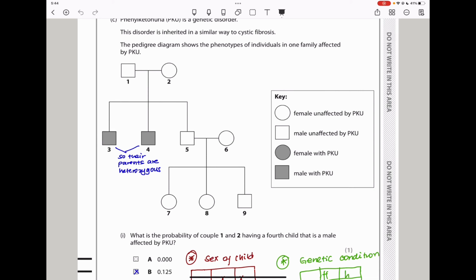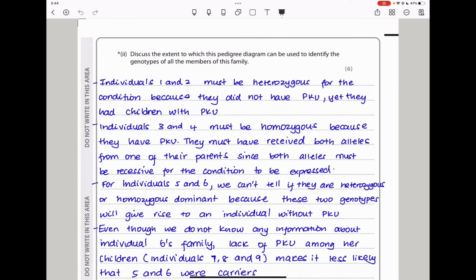For this one here, we only guess, yes, maybe they don't have it, but because their family history has that condition, there is a chance that these children are heterozygous, or there is a chance that these children are actually homozygous. So we cannot conclusively tell the full genetic detail of individual 5, individual 6, individual 7, individual 8, and individual 9, but we know 1 and 2, and we know 3 and 4. So let us continue back. Here I said,